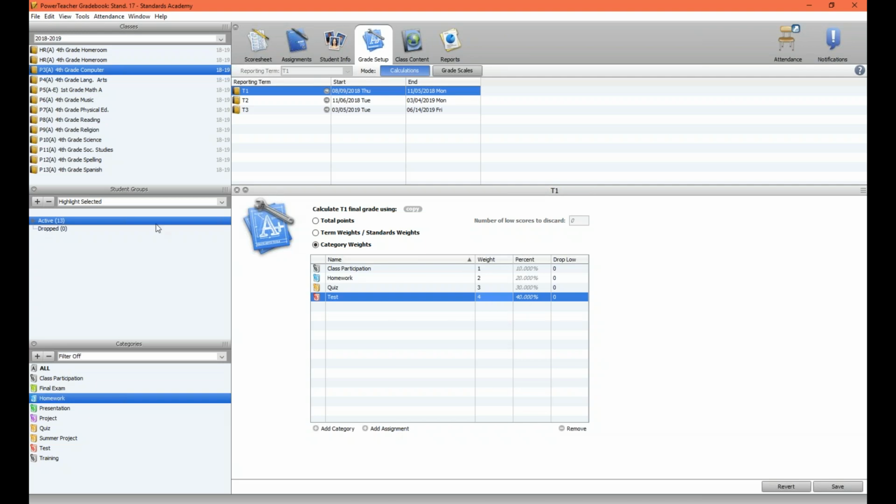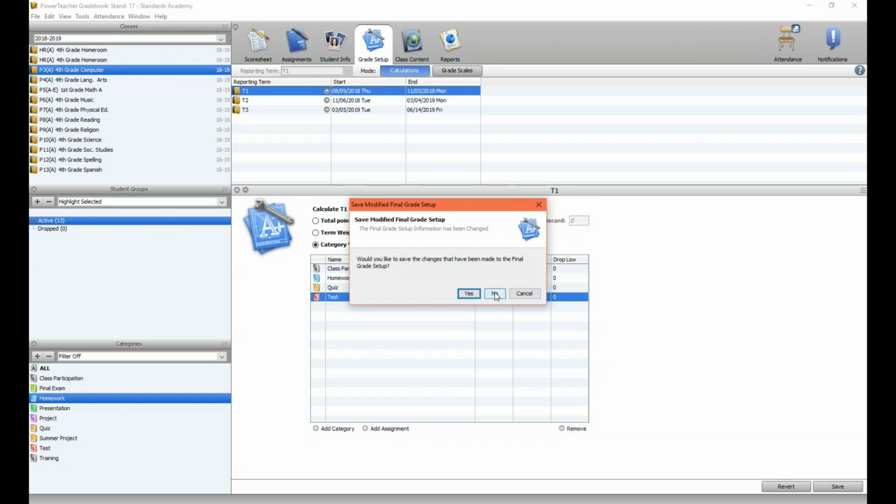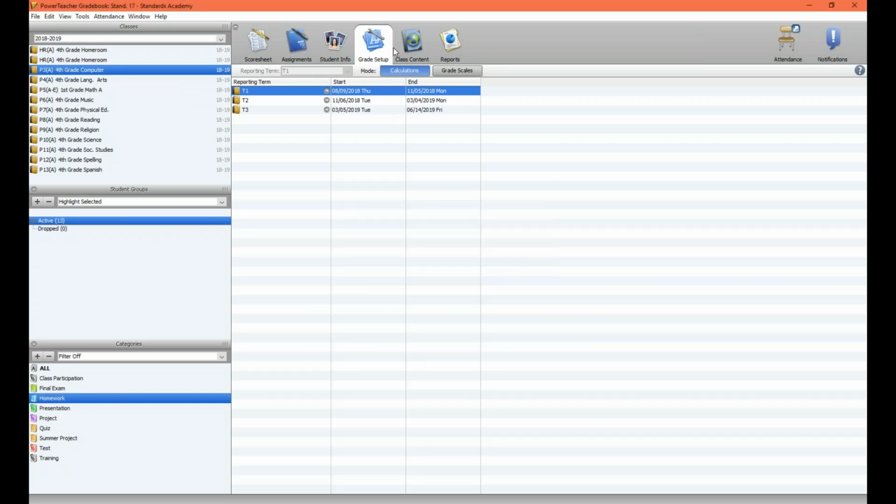Let me go ahead and take a quick pause on this one because I have a lot of questions coming in now. Actually, before I take a pause, let's finish up the tabs across the top. So that's grade setup. That's the way you're going to be able to set up the